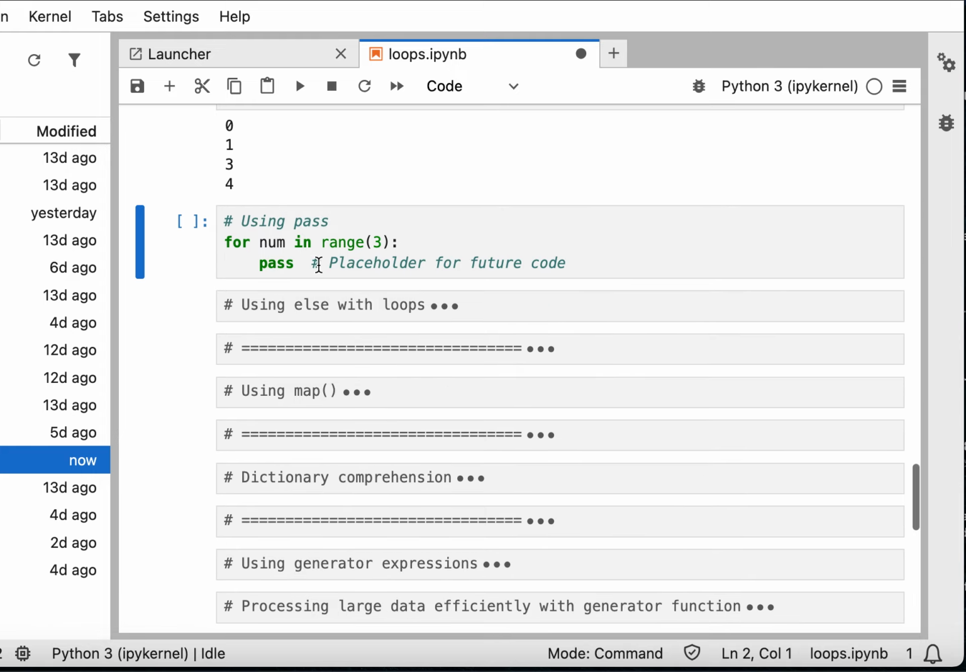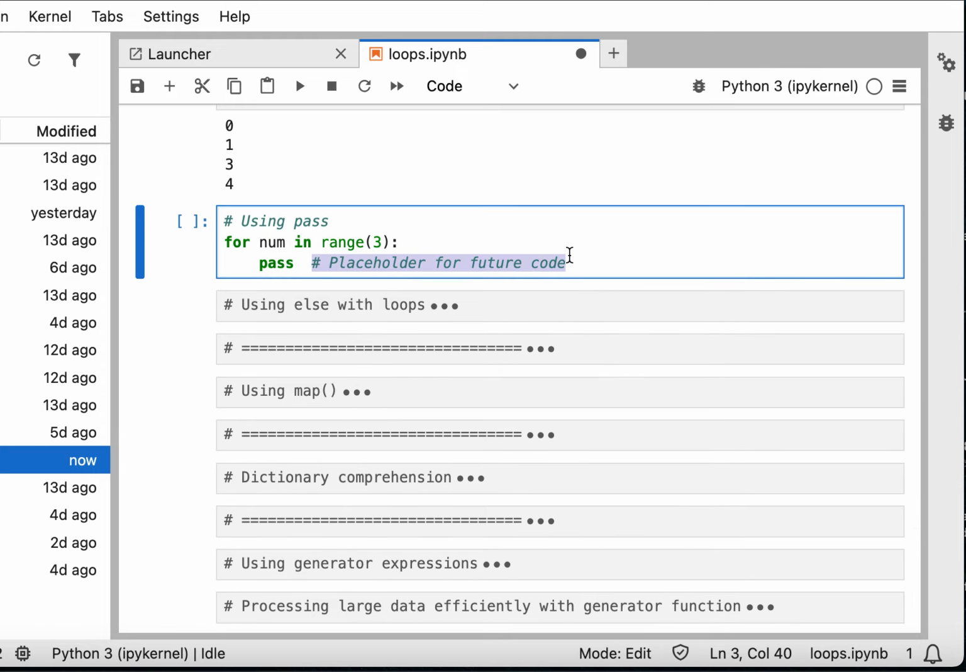There's also a pass. A pass is like a placeholder for future code. So if you're trying to write something and your code is not yet ready, but you don't want your code to crash because something is required to be there, then you could use a pass. And so pass will be a placeholder just to make sure that this syntax